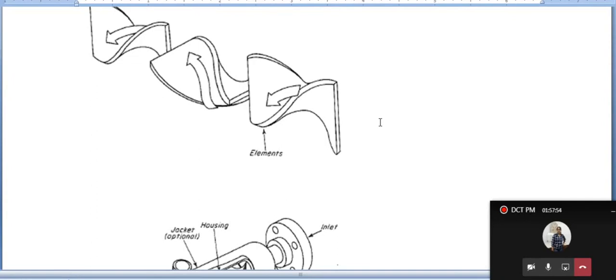Like that, dear children, we will arrange the second element in this fashion. This plane is perpendicular to this line, whereas this line is parallel to the other side. When the gas comes from here, again it is cut into two parts. Like that, it makes n number of divisions and mixing.